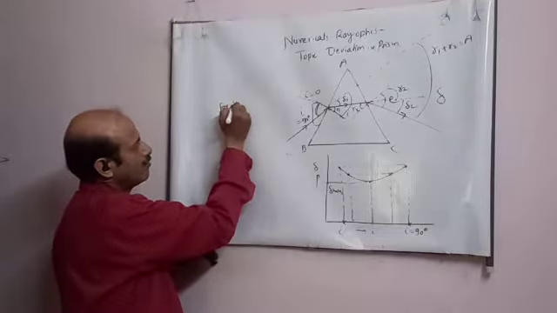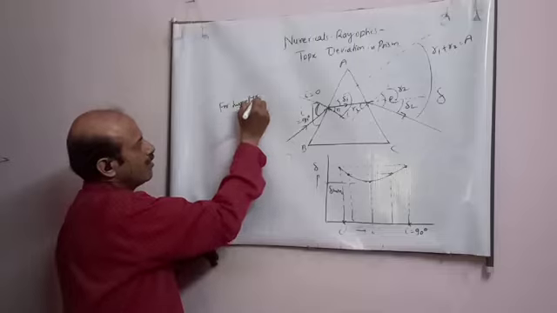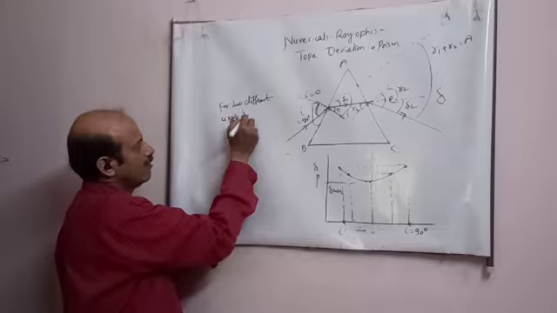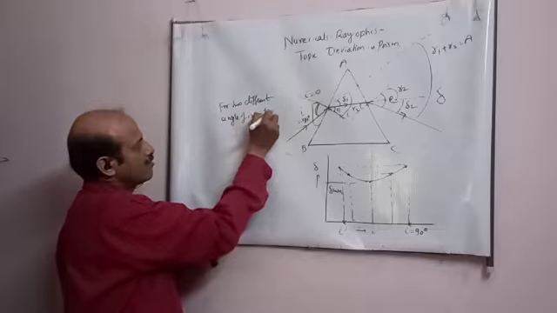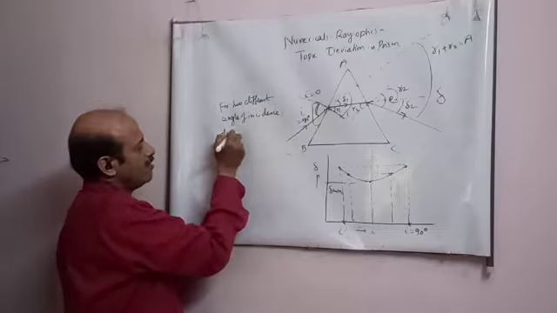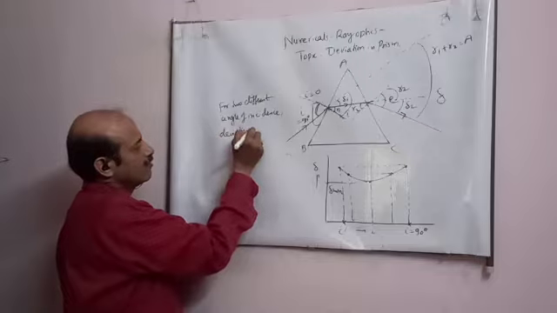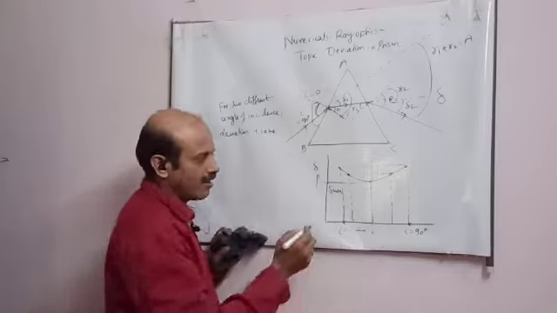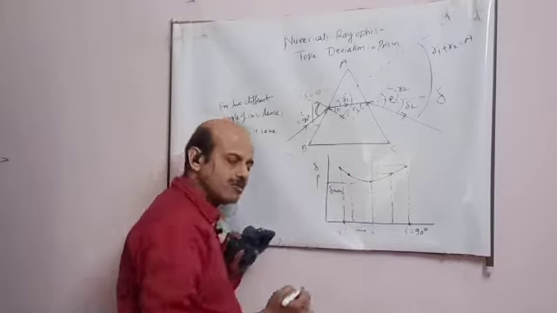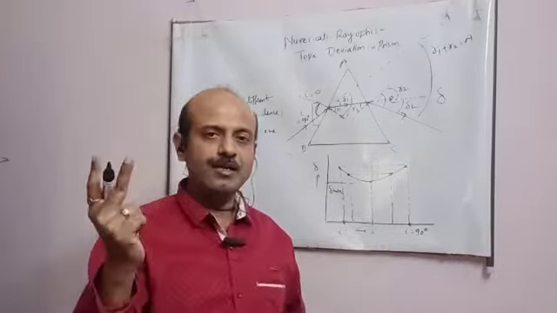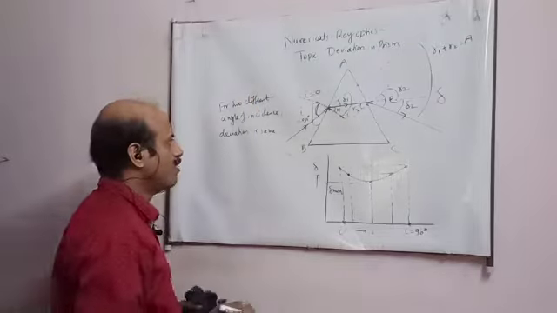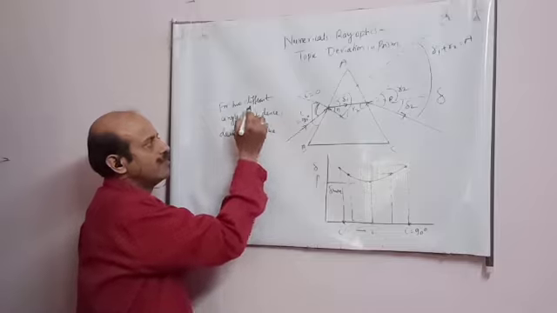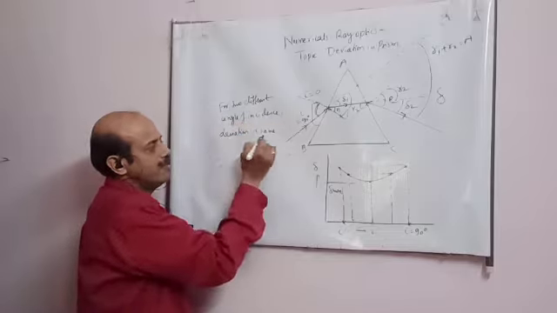For two different angles of incidence, deviation is the same. In many cases it happens like this. Once here, other points you will get also like this. You will get two different angles, but the deviation you will get the same. But what you have to remember is, student, when this happens for two different angles of incidence, deviation is same.